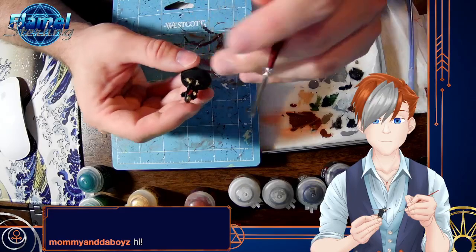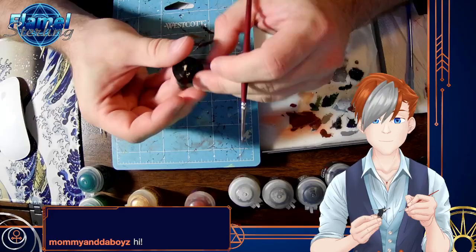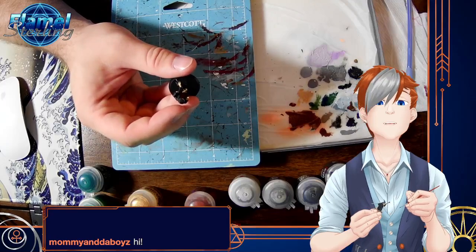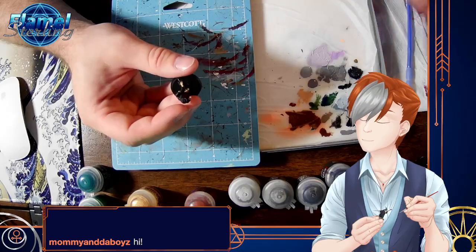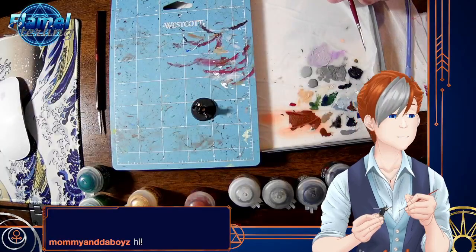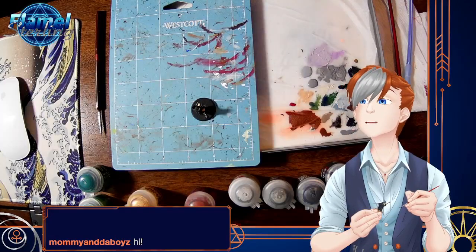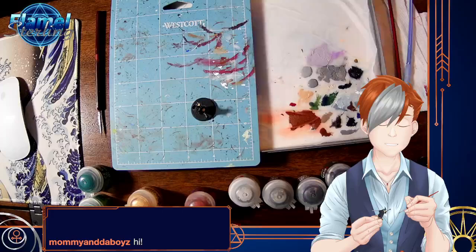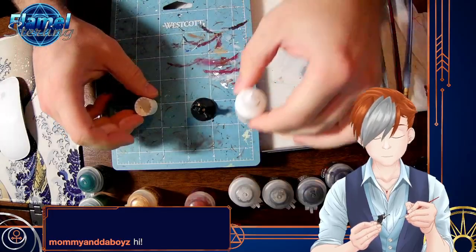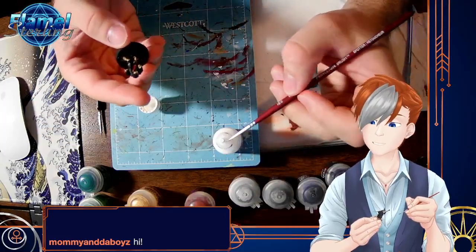Oh no, I was going to use this in the Red Book of West March. Oh well, that's fine. I need a tiny bit of white to do the book pages. Just the teensiest, tiniest little blip. And just the change in the